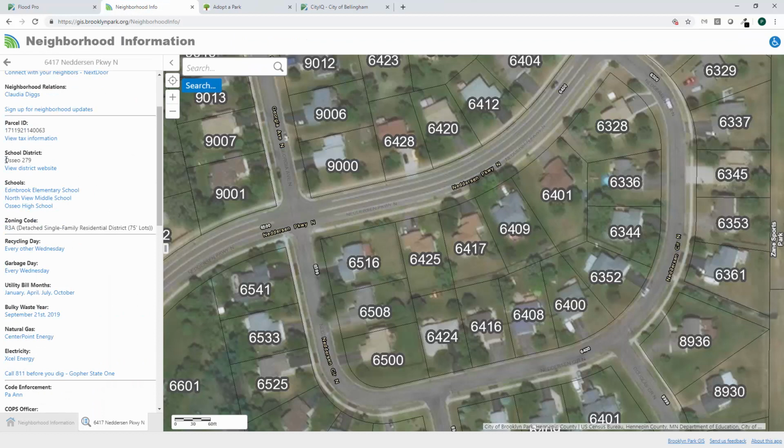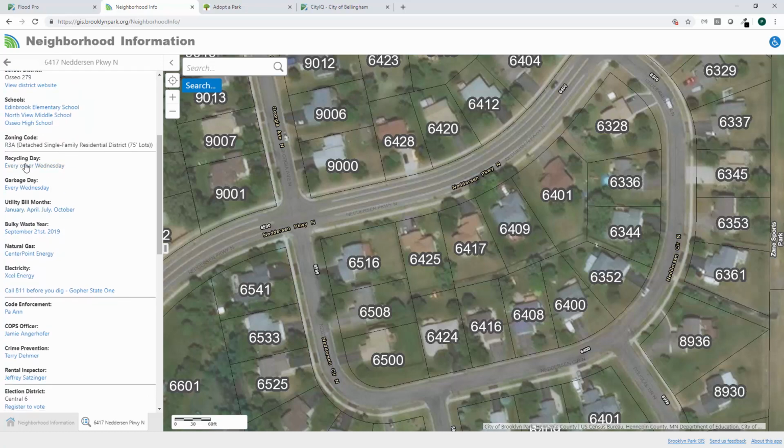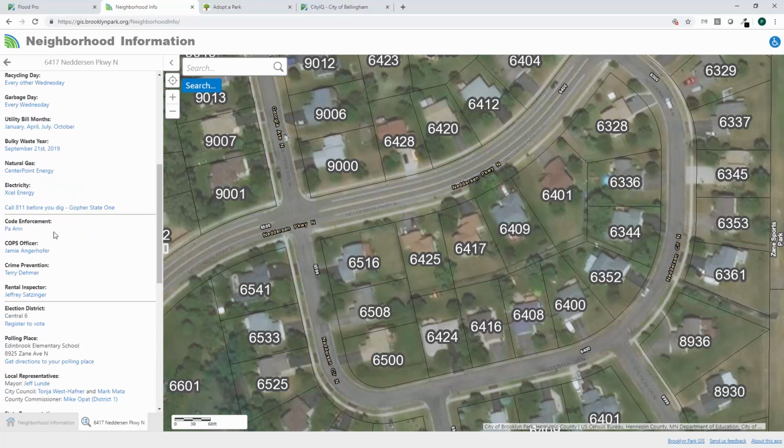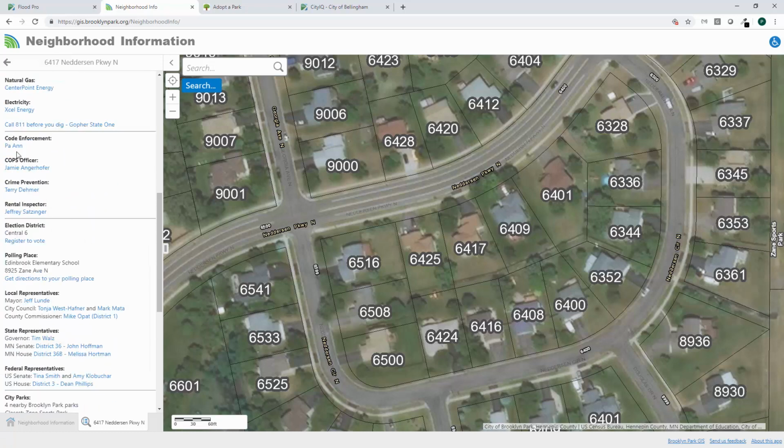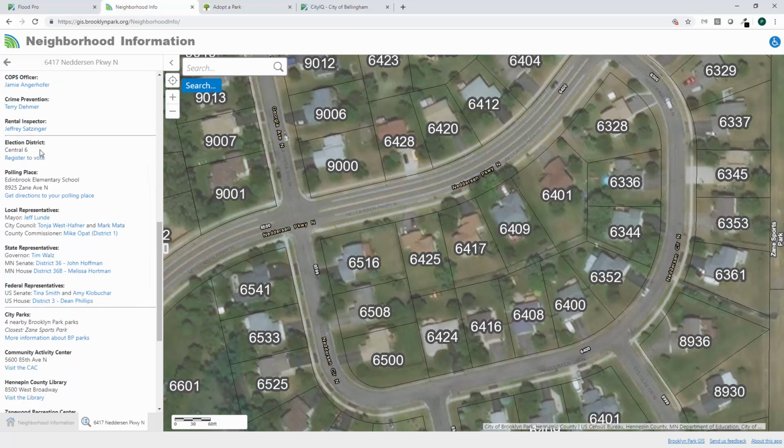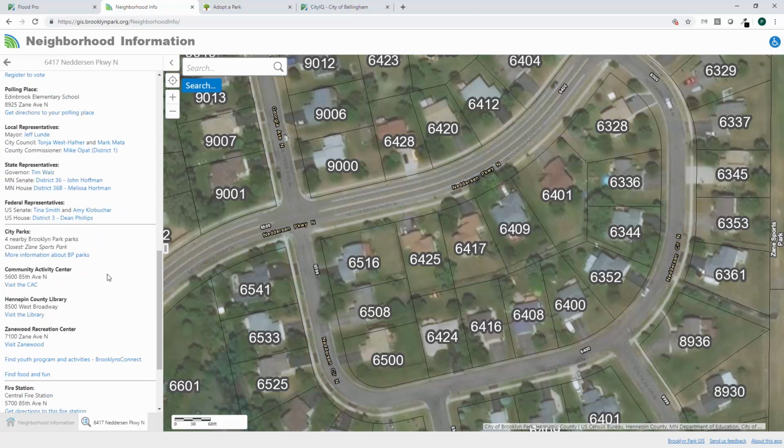We can look at what's the local school district based on the parcel that I selected, schools in the area. It even displays recycling days, garbage days, utility bill months, all sorts of good stuff here. So contacts for various things, the election district. So based on the address I chose, it fills in the district, where the local polling place is, some political